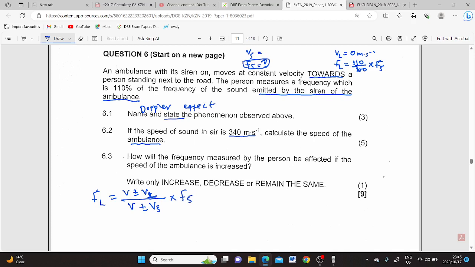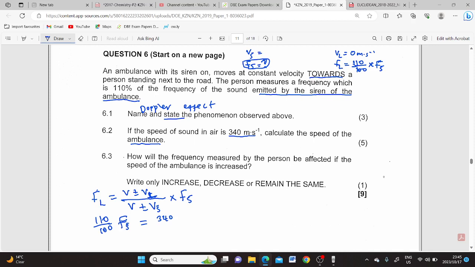Now let's put in the information. The frequency of the listener, they are saying, is 110 over 100 multiplied by the frequency of the source, equals 340,